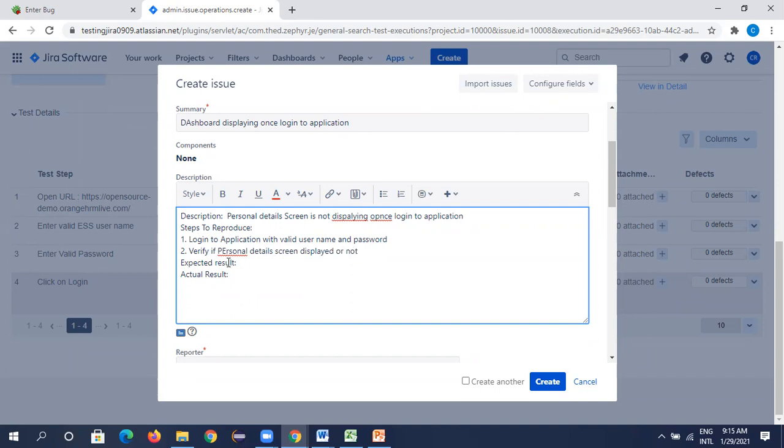Okay. What is the expected result? Personal details screen should display once login to application. What is the actual result? Dashboard is displaying instead of personal details screen.